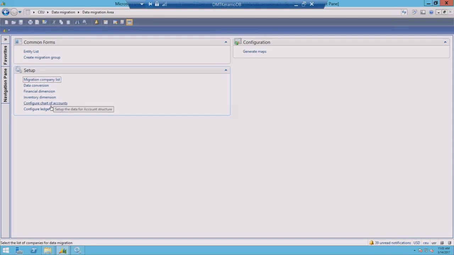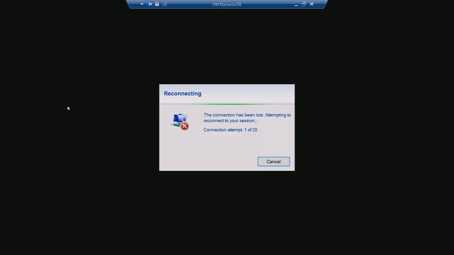So very quickly, configure chart of accounts and configure ledger. We've changed the chart of accounts to be able to support shared chart of accounts. Prior to that, 2009 only supported company-specific chart of accounts. So you have an ability to modify your chart of accounts setup as part of this migration if you would like to enable sharing. If not, all you do is